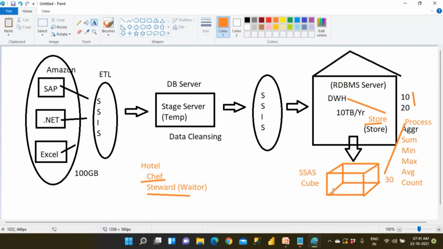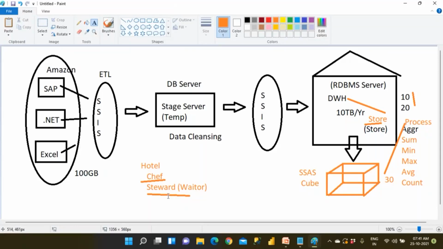So data warehousing is completely for storing the data, and the cube is going to be completely used for what? Completely used for processing of the data. So both of them can be handled by data warehousing, but we never do. Why? Load will be more. So if you're handling both of them, if you only have one chef or two chefs, they're busy with preparing the food and serving. So it will be difficult for them.